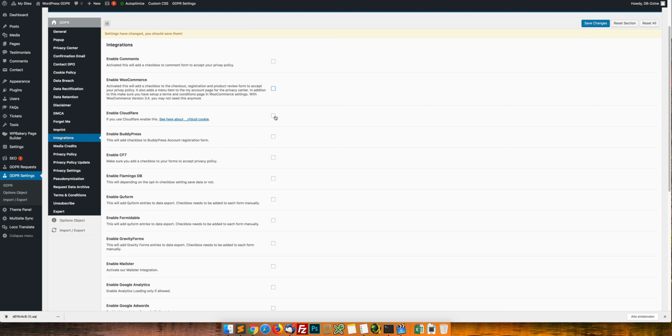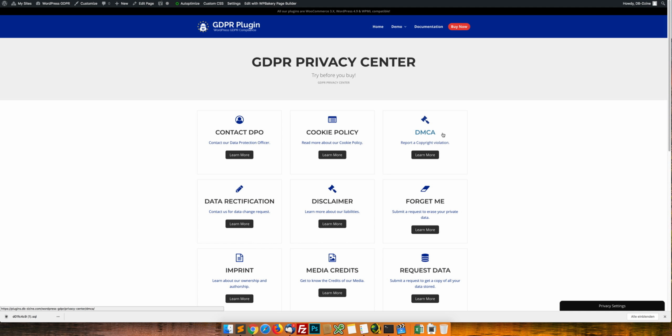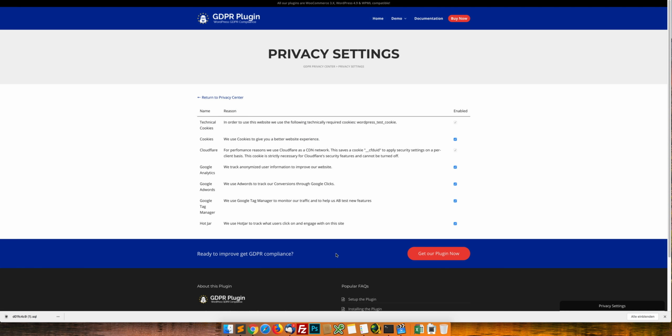Then we have Cloudflare. We, for example, on our website use Cloudflare. And if I enable it and go to the privacy settings, you can see here that Cloudflare is enabled, and Cloudflare needs this technical CFDUID cookie, because with that it determines if caching should be enabled or not, and it is very, very strictly necessary for Cloudflare to use it. So if you have it, please check it, because otherwise our plugin tries to remove it,